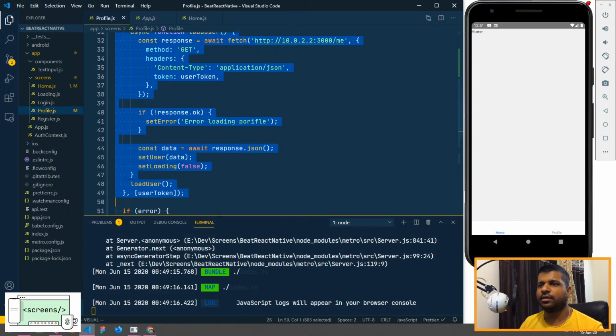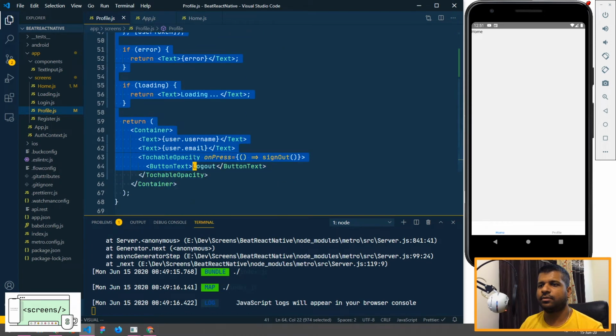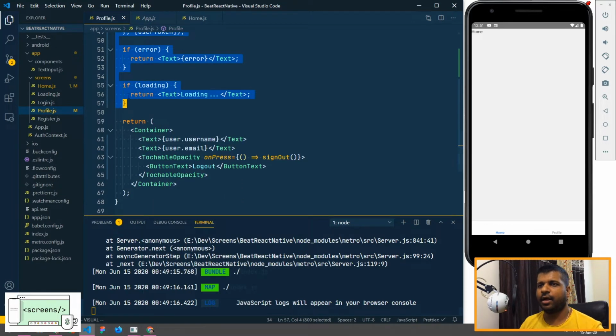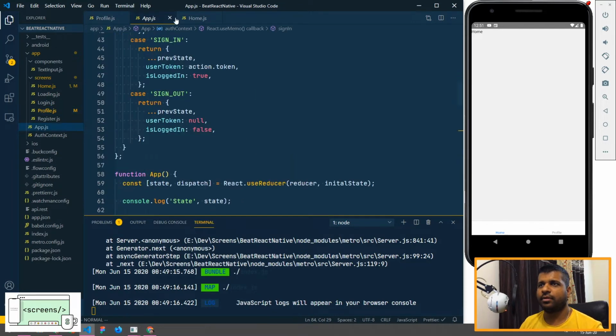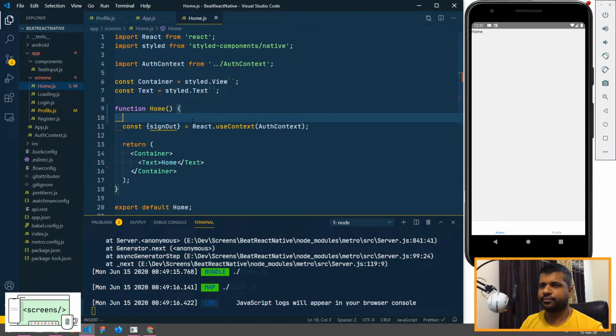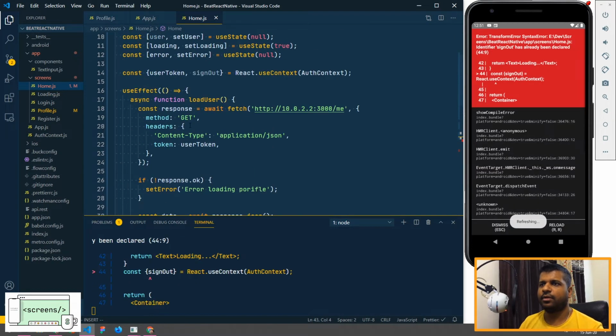So basically we'll have everything same, and let's go to home. Okay, so instead of load user we'll have load recipes.